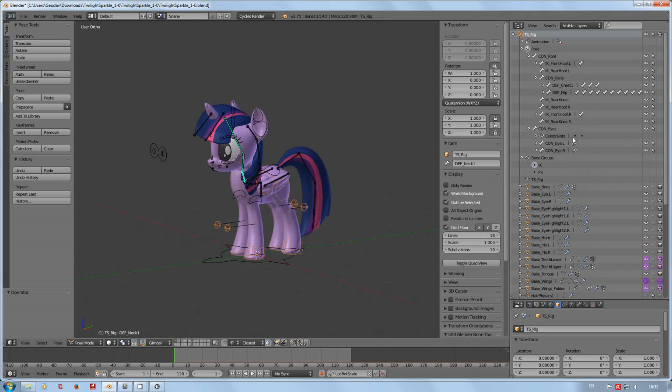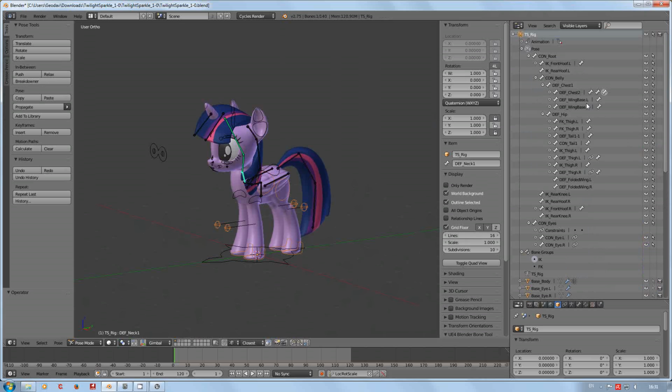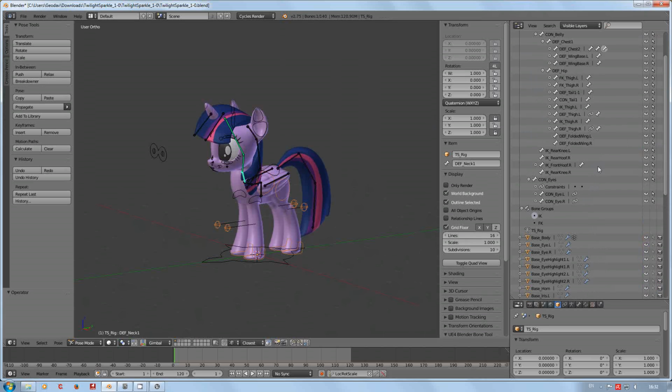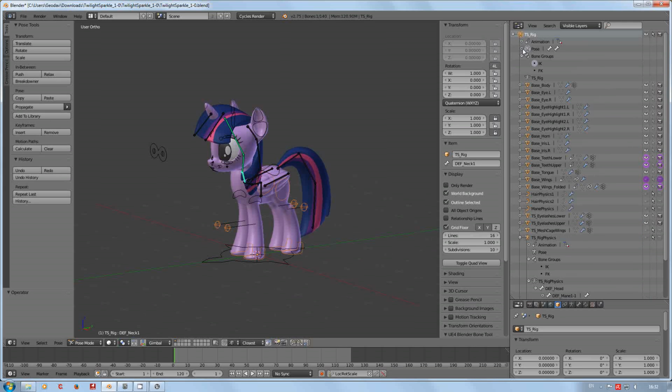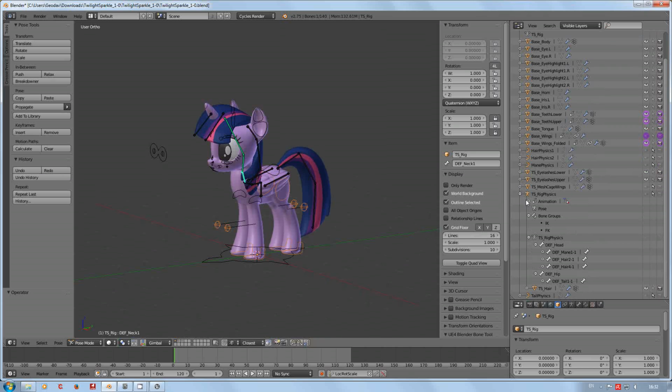I mean, it's quite a complicated rig, probably way too complicated for me. And it goes all the way through there and lots of stuff. Now, the reason why Unreal Engine's having a fit with it is because you've got that and you've got this, which is not good. So what I did